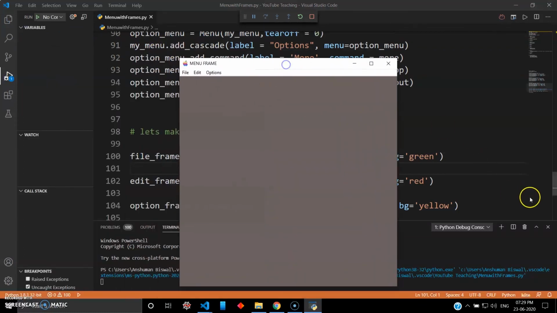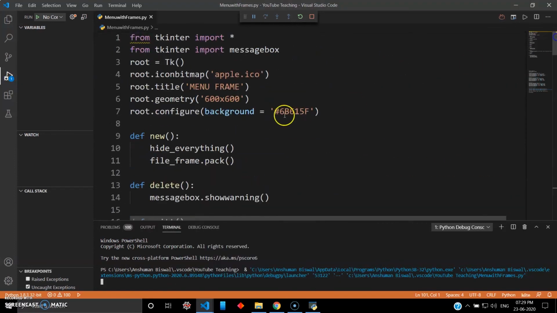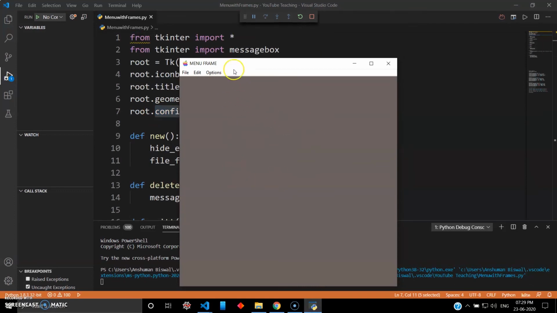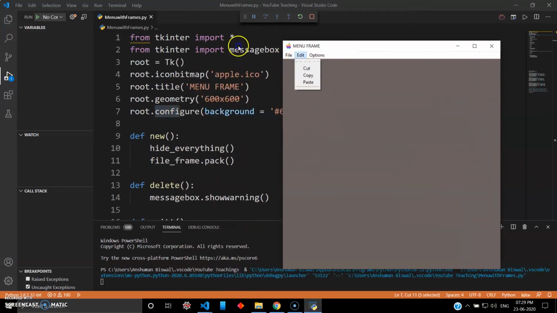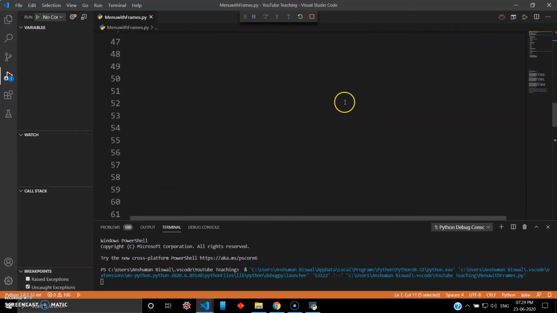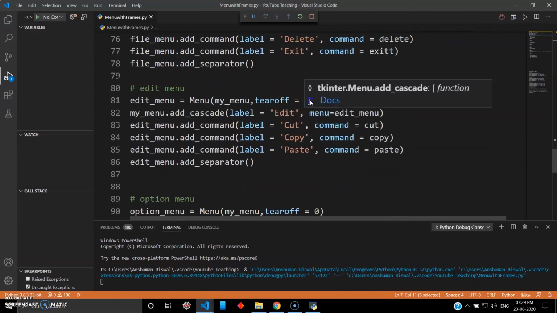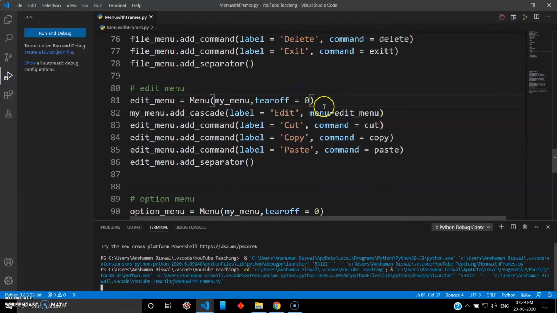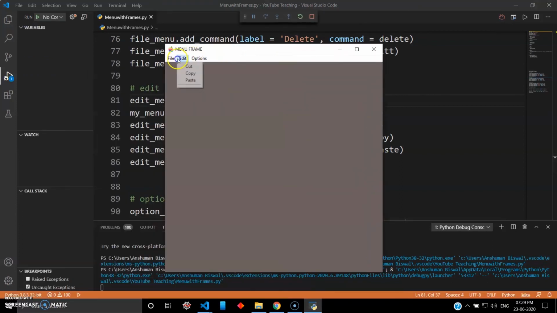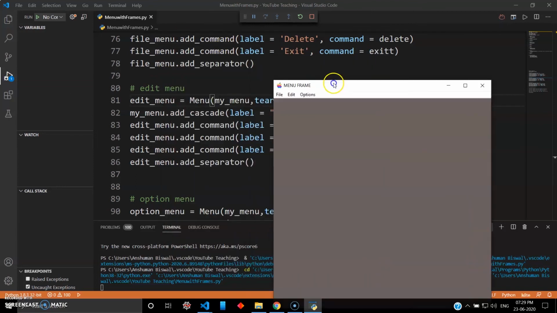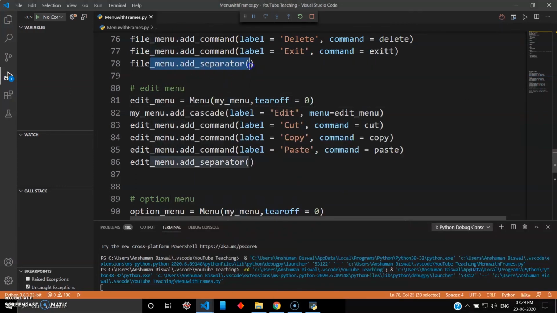Okay, so as you can see, I'll just scroll it back. You have given us default background color using root config, and that is this background color. You have given submenus like file, edit, options, and here I have not given the tear off. So we will change that now. Tear off 0, tear off 1. So we will change this to 0, run it again, and that dotted line will just disappear. Now there is no tear off, and there is a separation after the end of the submenu. That's because you have given add separator.